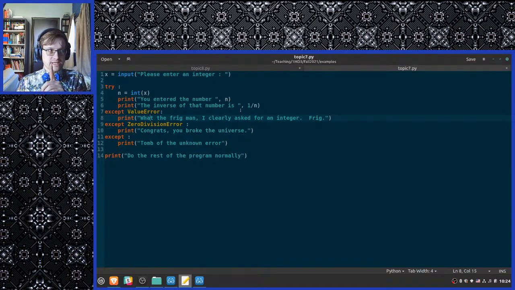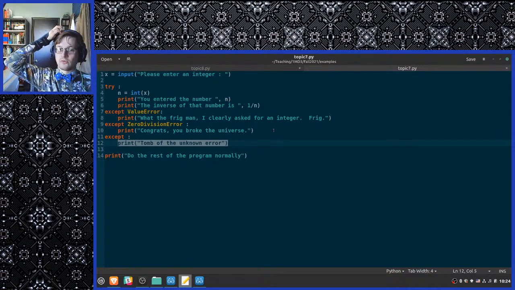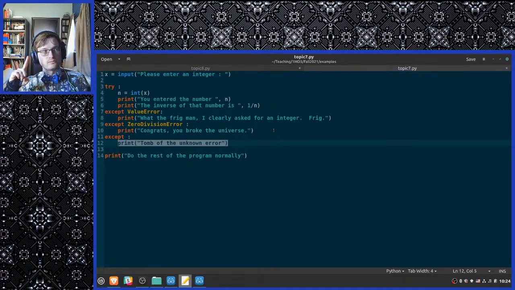You can catch all types of exceptions by just not specifying which error you want to handle. It does whatever is in there, and then it continues on with the rest of the program as normal. It doesn't crash. Normally it would crash if you didn't use a try except.